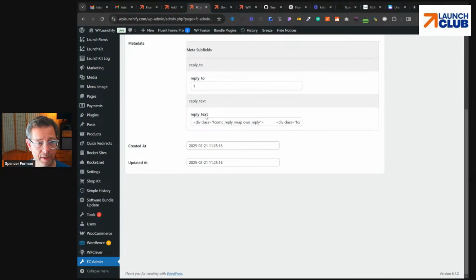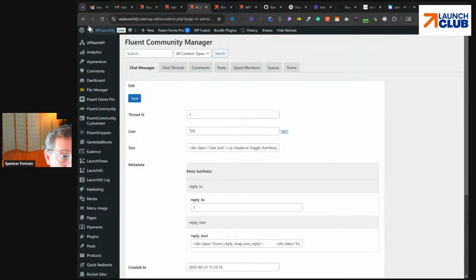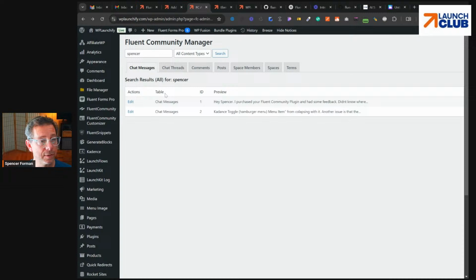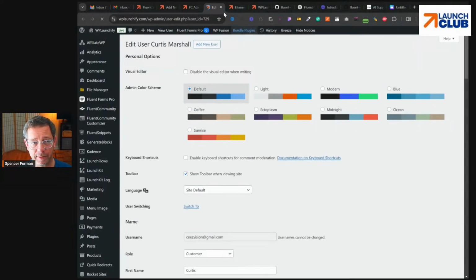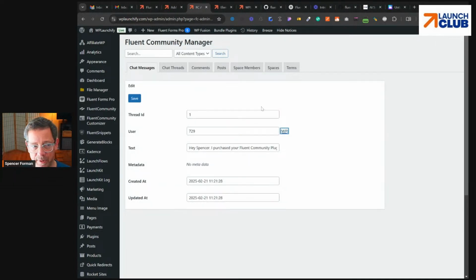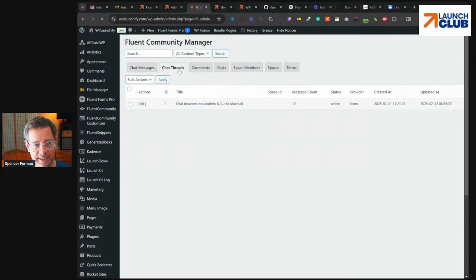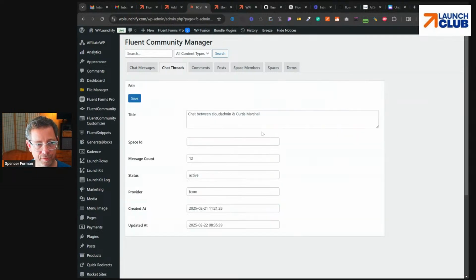So like we were just talking about, let's go over here. Somebody says a word or whatever I don't think should be appropriate. I could edit it there. I can do that on the front end too. I can click on the user's profile. If I have Fluent CRM installed, it also gives a link directly to their contact profile, which is nice. Okay, so the basic idea is that I have access to the people and to the content. And if I wanted to see the whole thread, I could just look at the whole thread here.